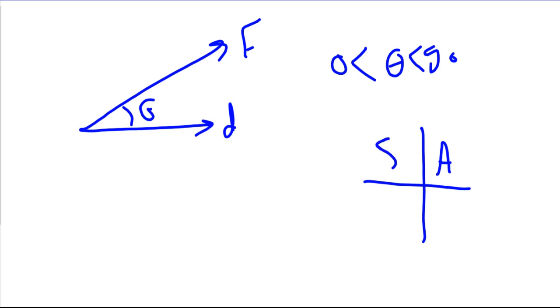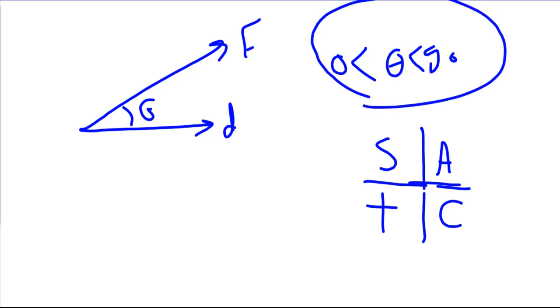In the second quarter only sine is positive, and here is tan. All, sine, tan, and cosine. So if you are in the first quarter, with angle less than 90 and greater than 0,